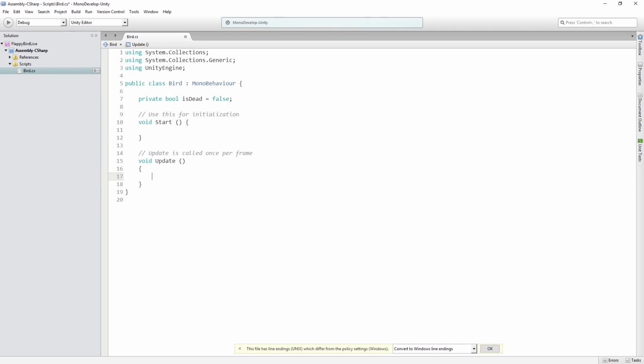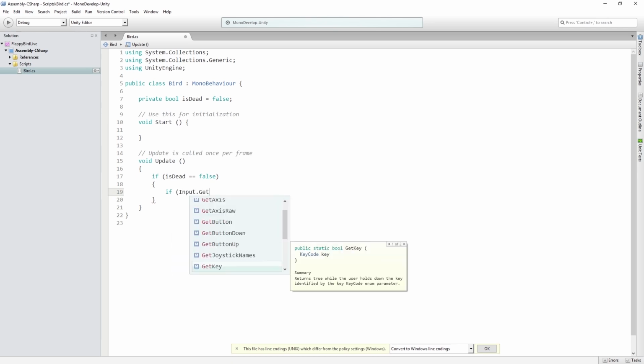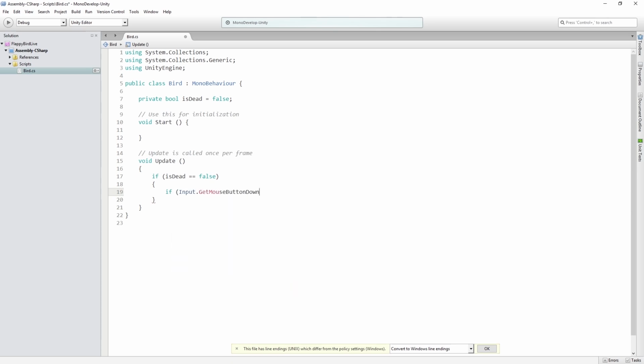Now, in the Update function, we're going to check if isDead is equal to false. So if the player is dead, the code within these brackets will be ignored. If they're still alive, we are going to be allowed to check the next conditional, which is if Input.GetMouseButtonDown(0), which is for the left mouse button. So if the player has left clicked, then we're going to do the code in this next nested set of